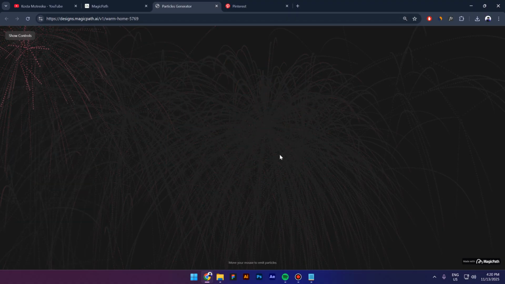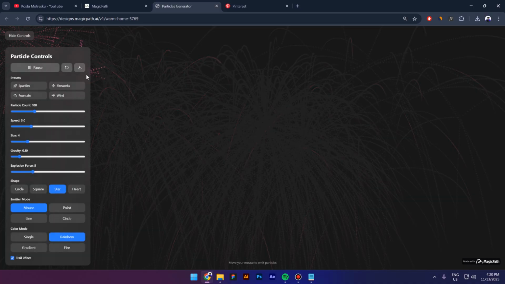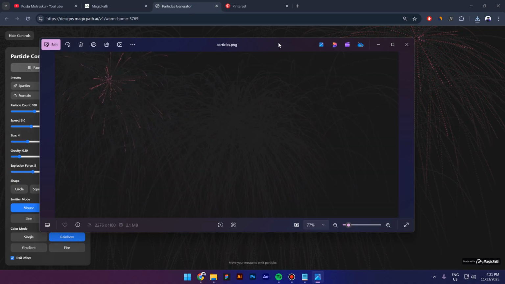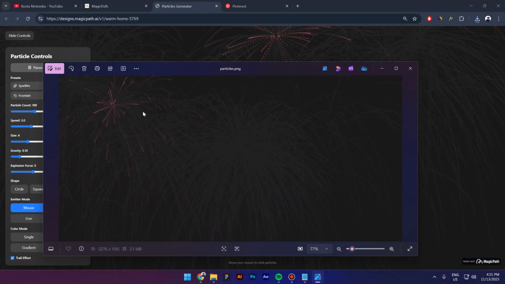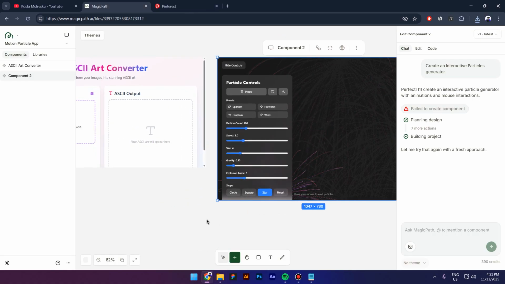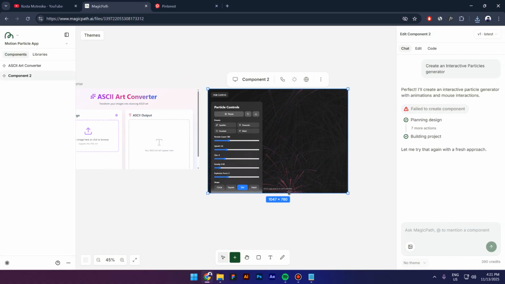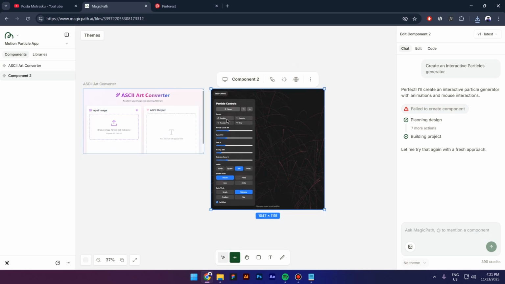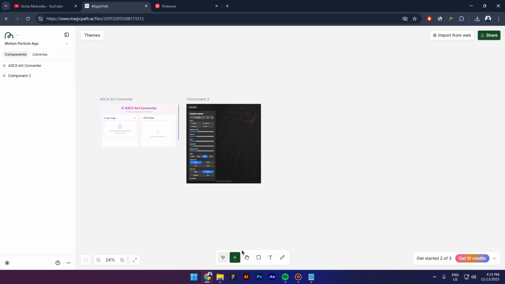So you can even hide the UI, by the way. And you can also download something. Okay, let's check it out. Nice. So we download basically the last animation here. So looks interesting. Now let's move back to Magic Path. I think that is one of the most complex things I created with Magic Path. So very cool stuff. Okay, so now I'm gonna create a new component,